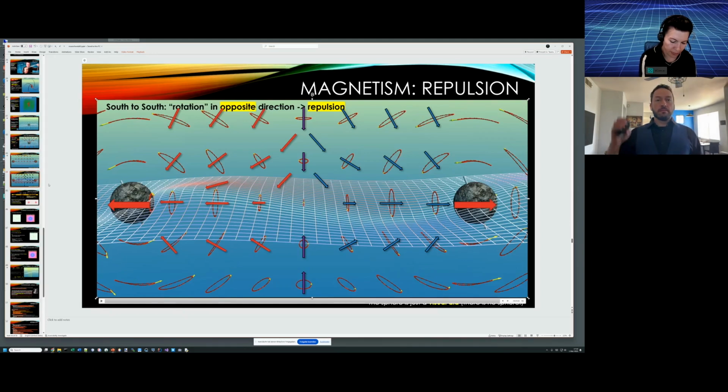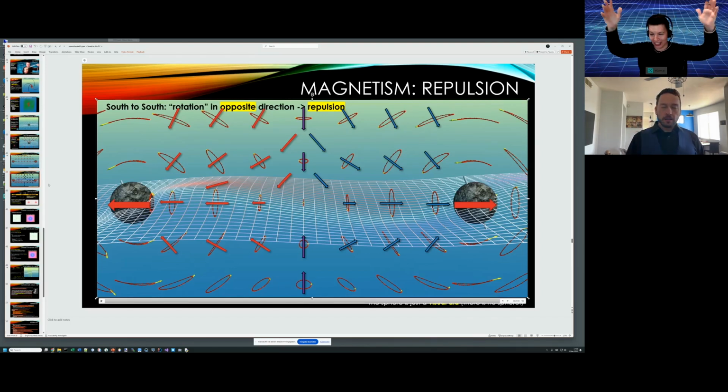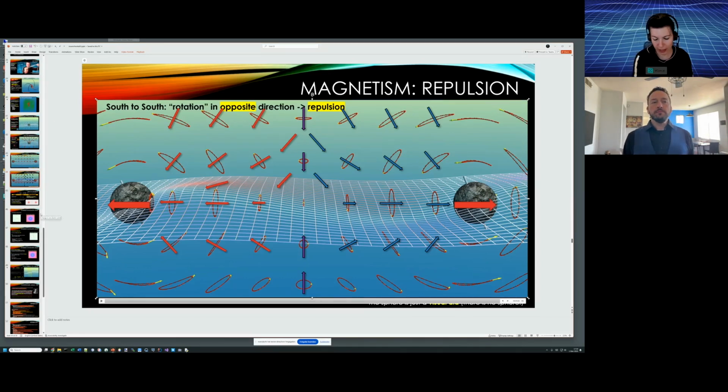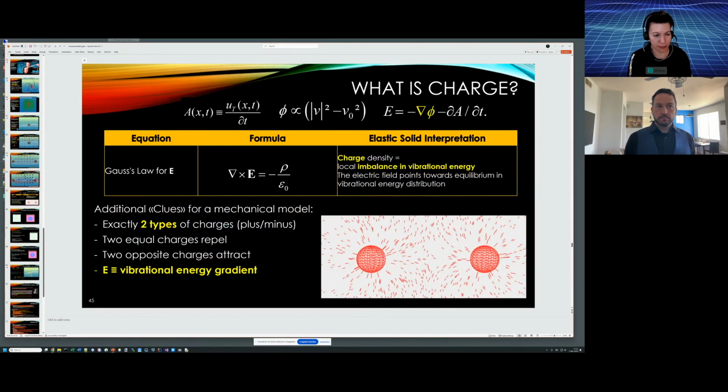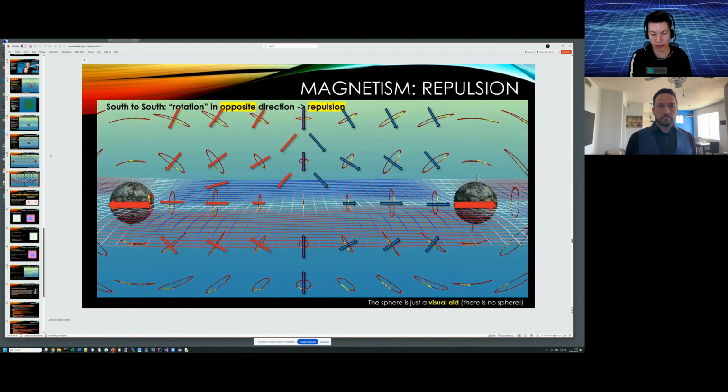Of course, with simulations, you have to be careful with numerical instabilities and all that. That's always a bit the challenge, right? Also, in a simulation you have an end to your elastic solid, the boundary conditions, which makes it a bit challenging sometimes. But definitely, I think it would be nice to simulate it more to see exactly. That's what I have on magnetism.